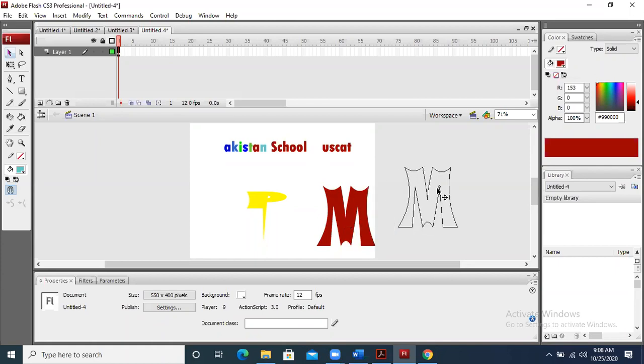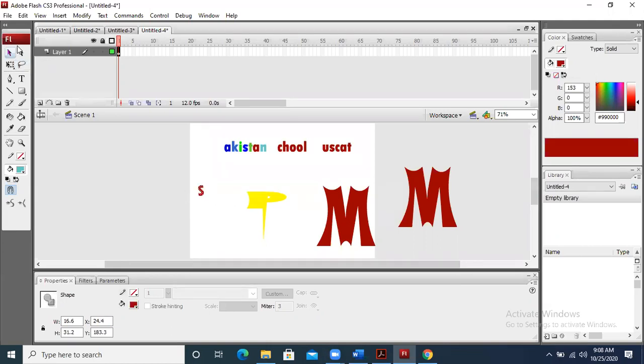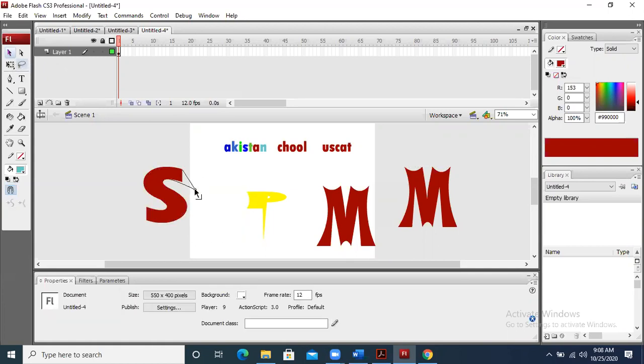Now I have changed the shape of the M in this way. Can you see this? So it's up to you whatever change you want to make with some particular text. Let's suppose this is S. I want to resize it. I will take the free transform tool and resize it. At the corner, I bring my mouse, and when it converts to an angle symbol, I change it. I can change it as I want. So basically, it's up to us.